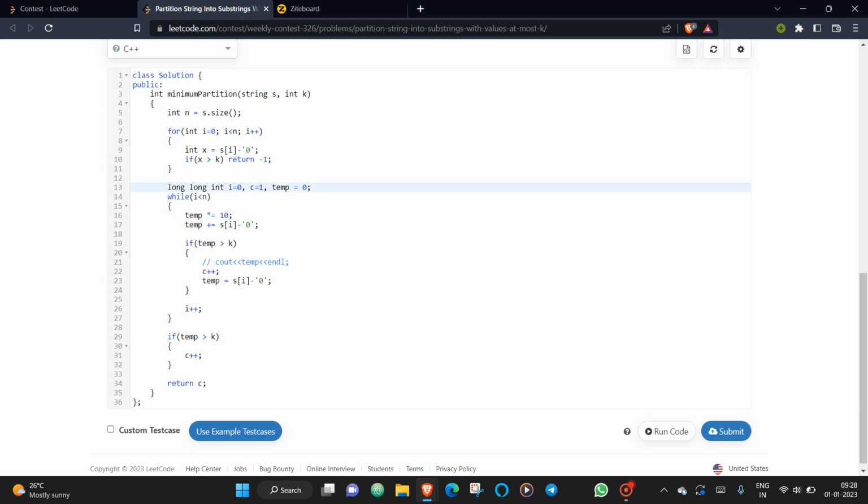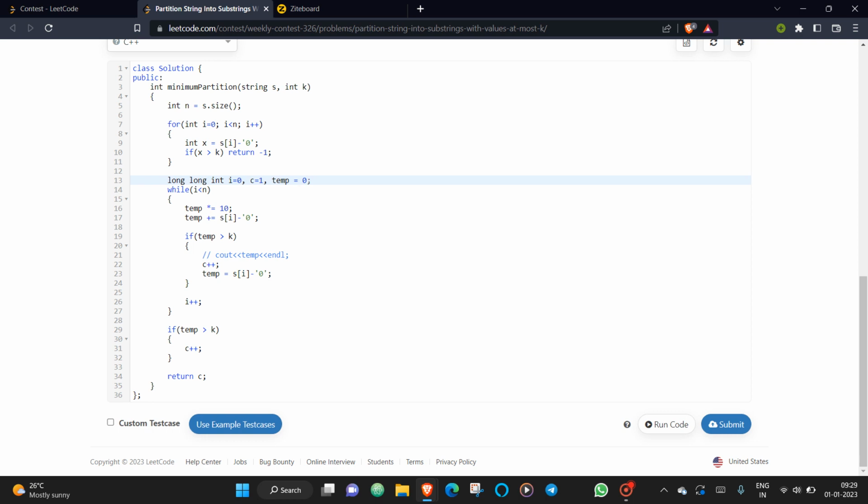Why? Because if we are dividing into 3 parts, we are getting 4 partitions, right? So that's why I will take my count of partitions from 1. So initially I'm taking my temporary sum as 0. This is already what you have seen. This is the extraction of the number from the string logic. And if your temporary sum is greater than k, see,